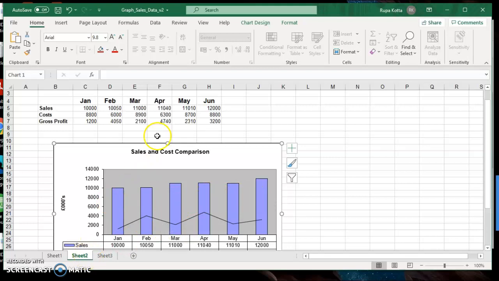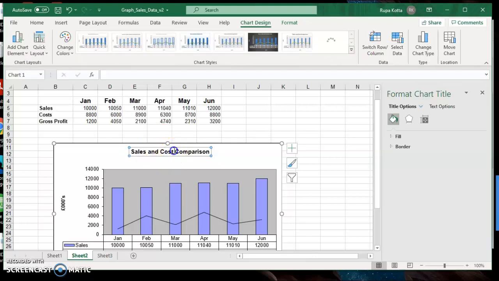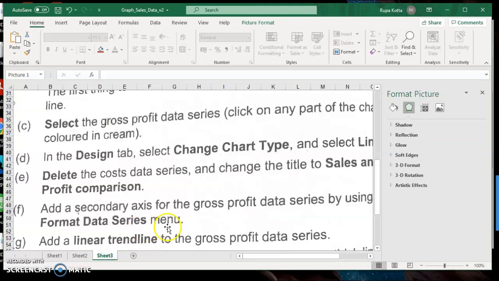data. And they want to change the title of the sheet to sales and profit comparison. Just right click on the name and then edit it. So it is sales and profit comparison. So that's what we have done. Next,